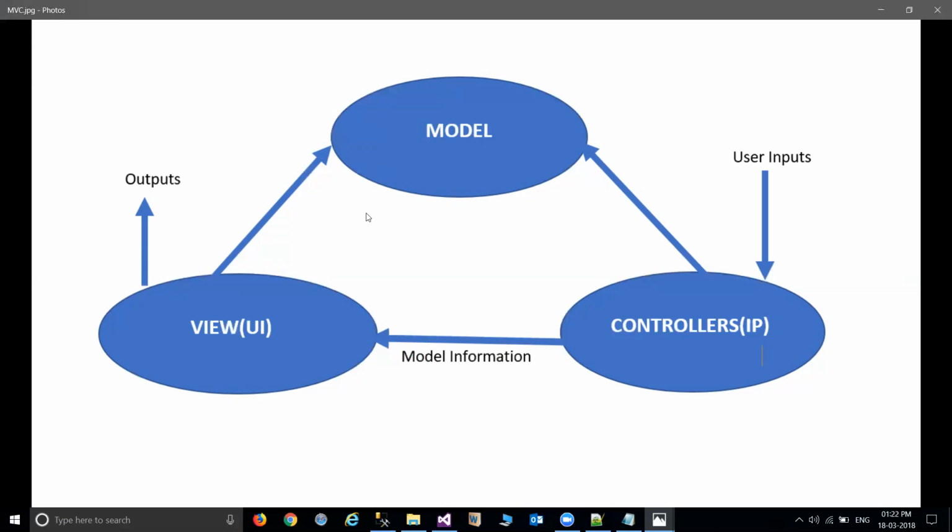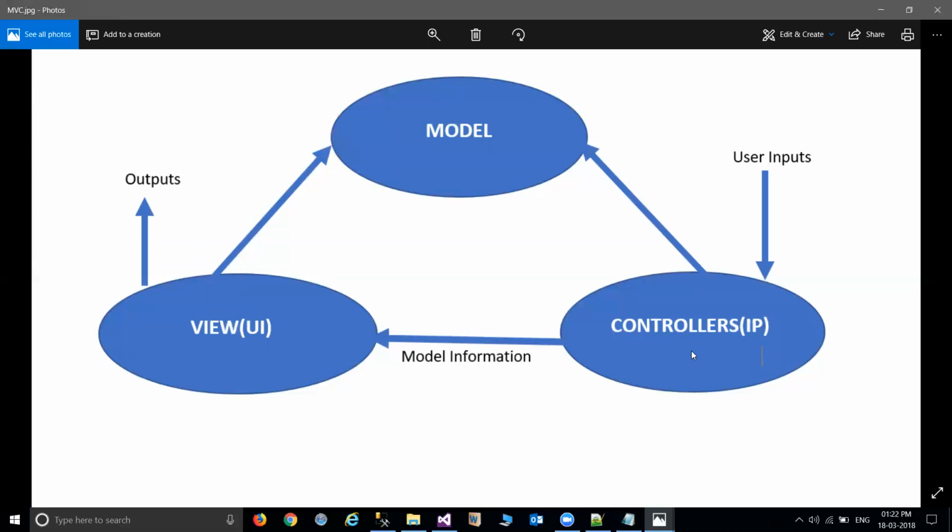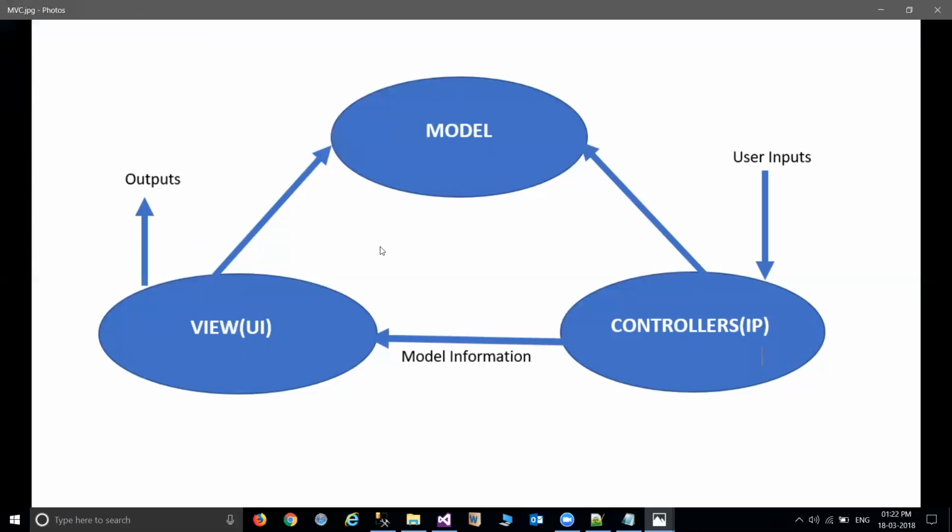The model information is passed to the view in this case. So when the client sends a request, it first executes the controller, and the controller contacts the model if required; otherwise it goes directly to the view and shows you the response. This is the architecture given in MVC.